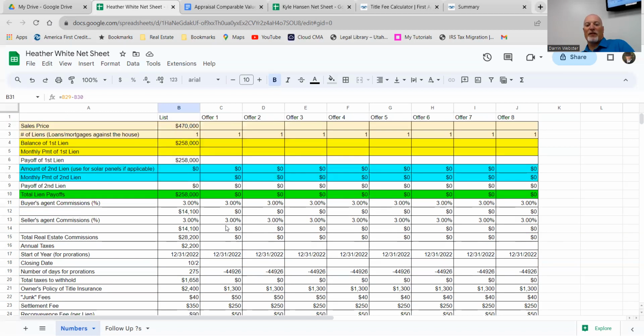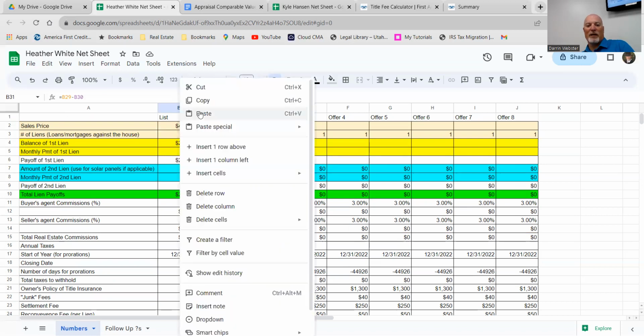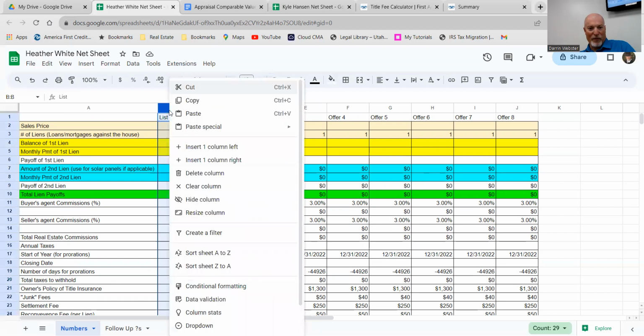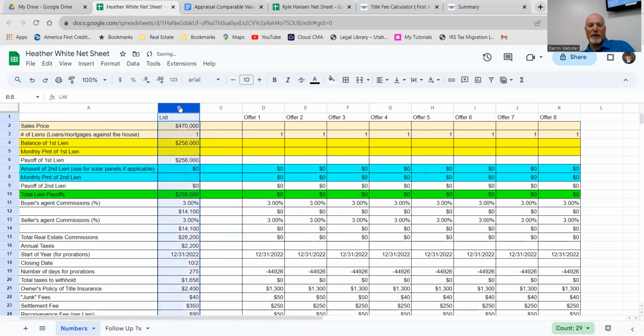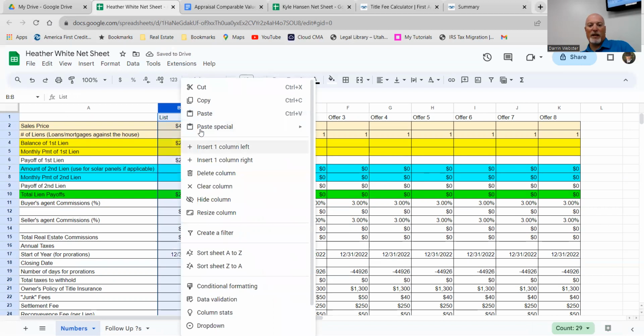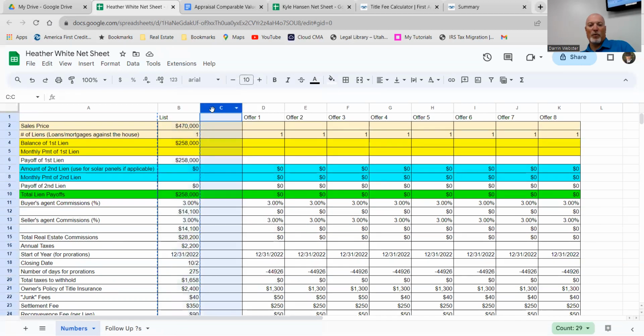Now, the other advantage to this is you can also say to him, well, look, I'm going to right click and I'm going to insert a column to the right. Then I can right click on this again, copy the whole thing, move it over one spot, paste it. And now if I say, look,